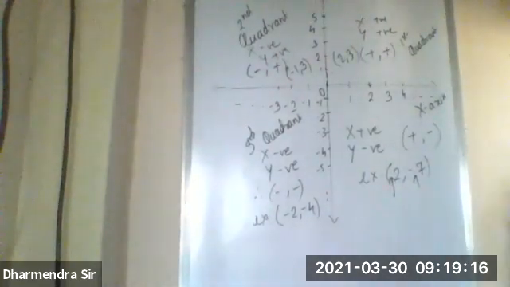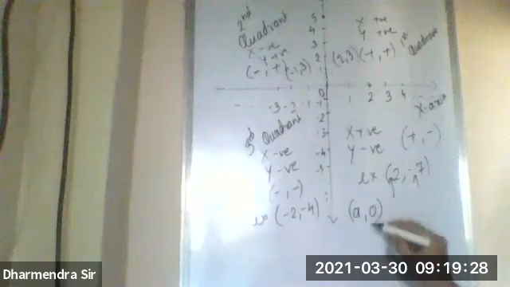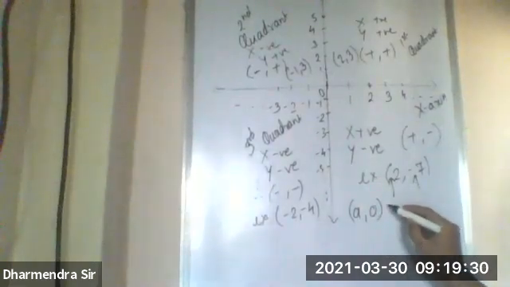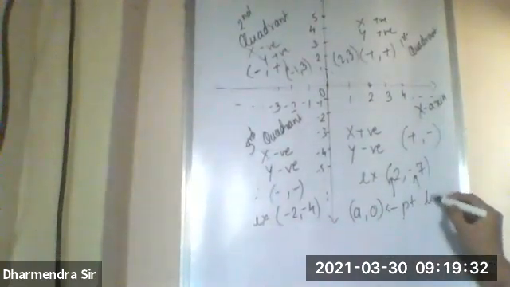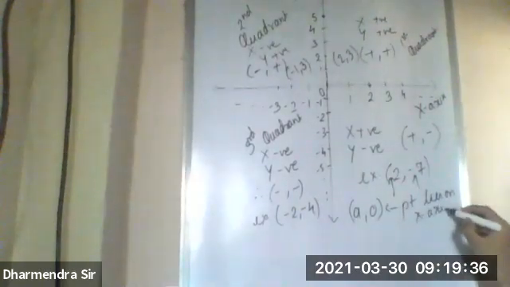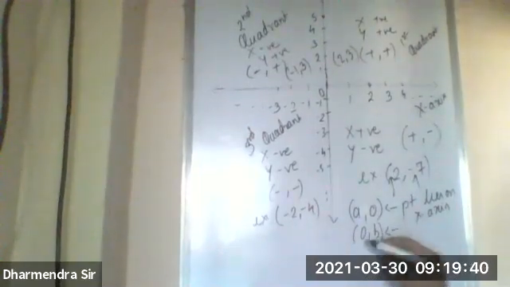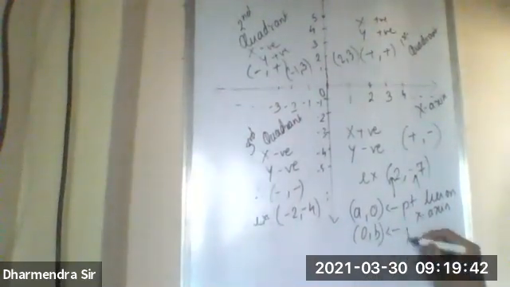What I've explained regarding axis: if any of the coordinates is 0, it lies on an axis. Now it depends on which is 0. If we have a comma 0, here y is 0, so the point lies on the x-axis. Good. If we have 0 comma b, here x is 0, so the point lies on